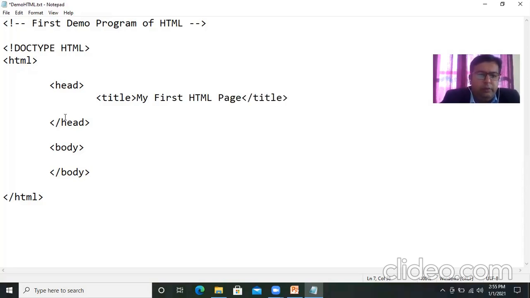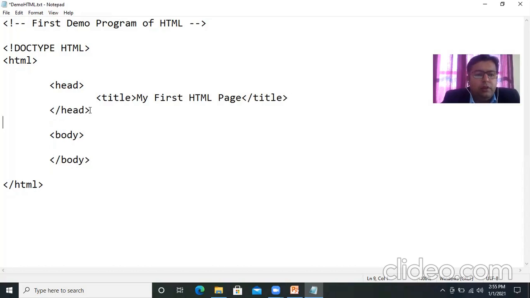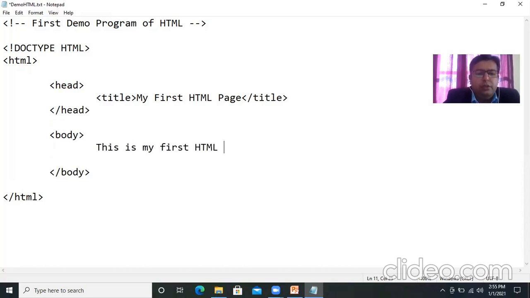So this will be the header portion. Whenever you open or run your browser, it will be displayed on the header portion of your particular web browser. So this I have to give in the head section. Now in the body section I have to provide a message, like "This is my first HTML program, welcome everyone." Suppose I want to provide this message, and Control S.